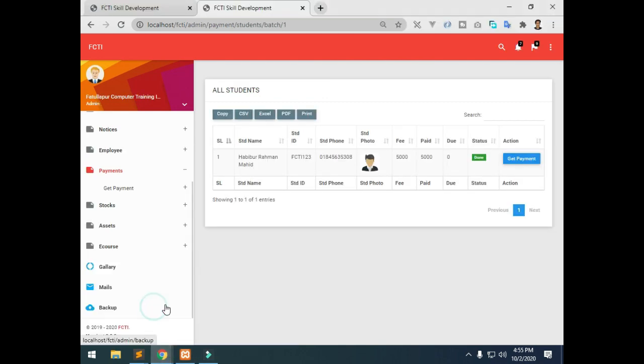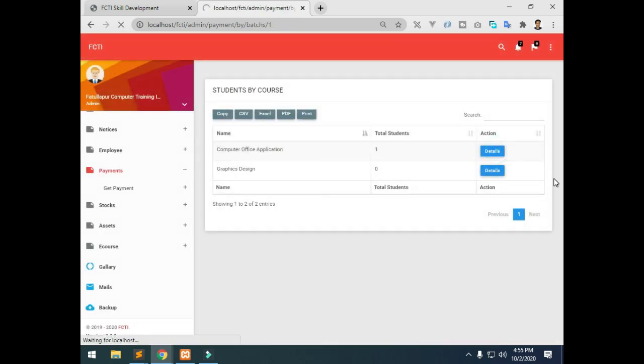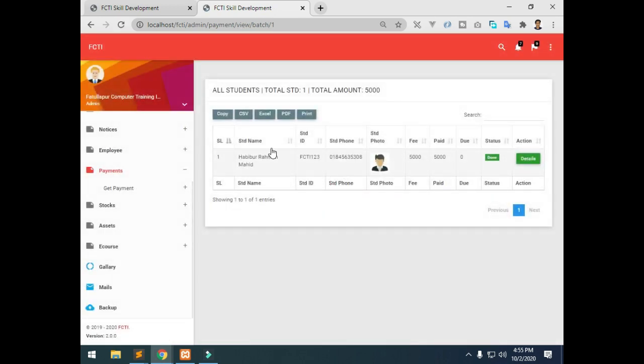Admin can also see the payment details of a student. So go to get payment details. Now I'm not going to get pay, I'm going to view payment. So go to view payment. Here will be the list of all students, and here his payment status will be done or undone. If his payment is not complete, it will be undone with a red mark. If his payment is complete, it will be green color and show us done. So I'm going to view more details about his payment.